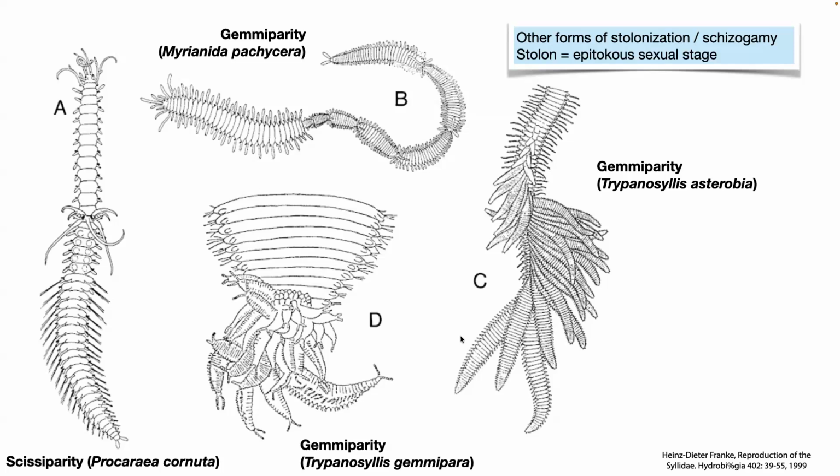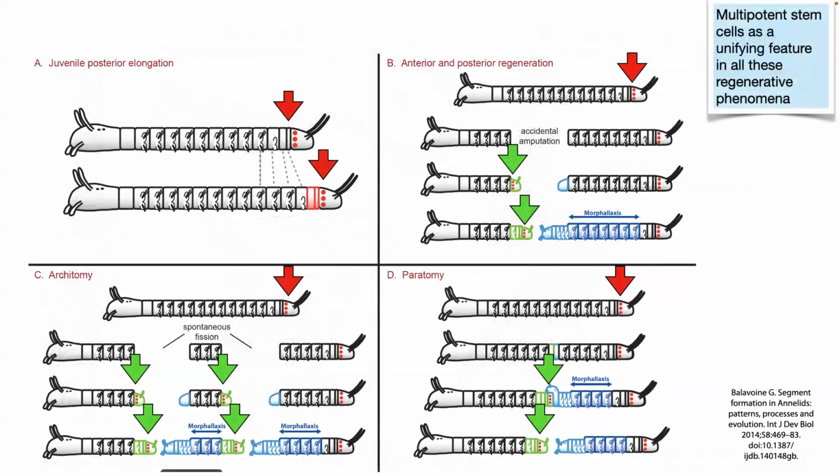If one tries to conceptualize these various forms of regenerative growth and regeneration and reproductive growth, we can see that there is relatedness in what we think must be the stem cell systems. In each of these cases, we postulate that multipotent stem cells could be involved. They should be involved in regular elongation of the body axis. So these red dots here would be stem cells sitting at the posterior end, and they would be involved in